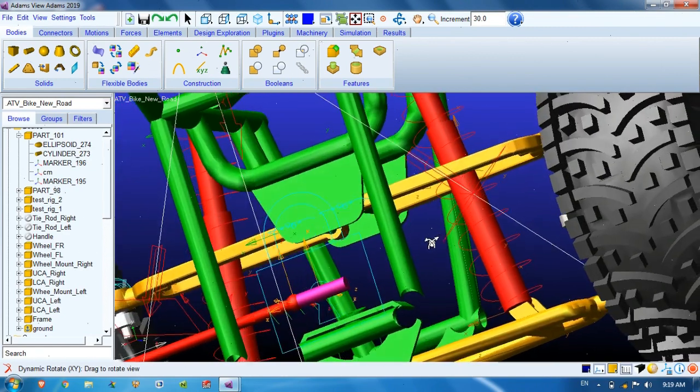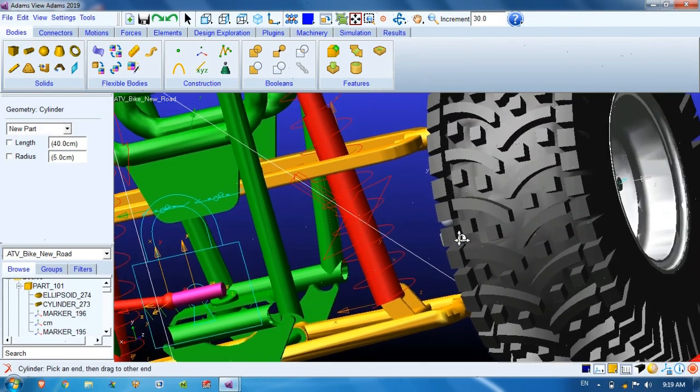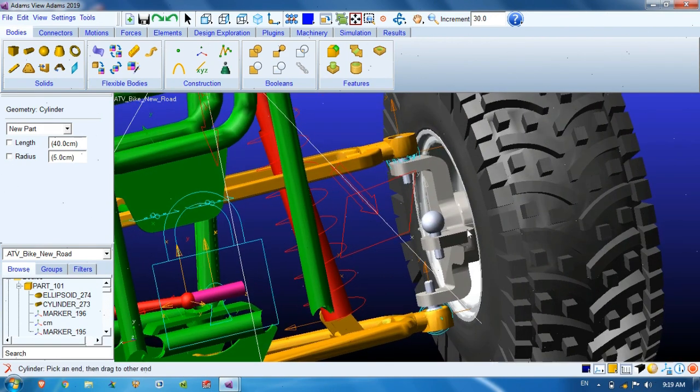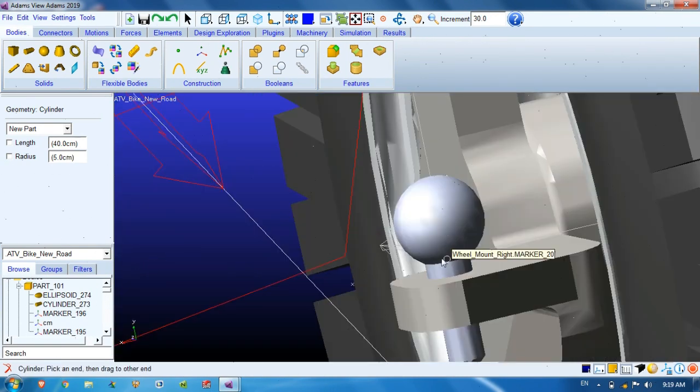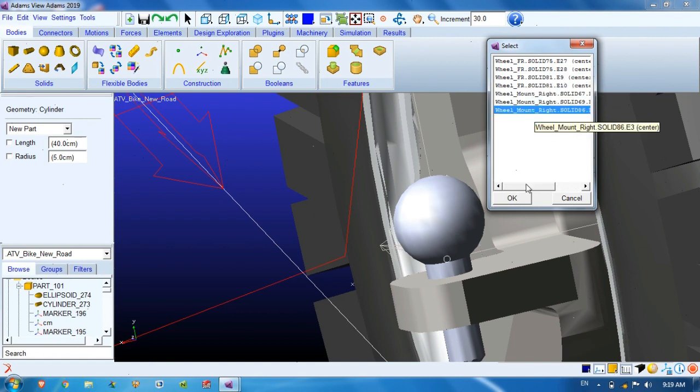Similarly we will create here also. Go to the cylinder, so here we'll choose the center location of the wheel mount right.